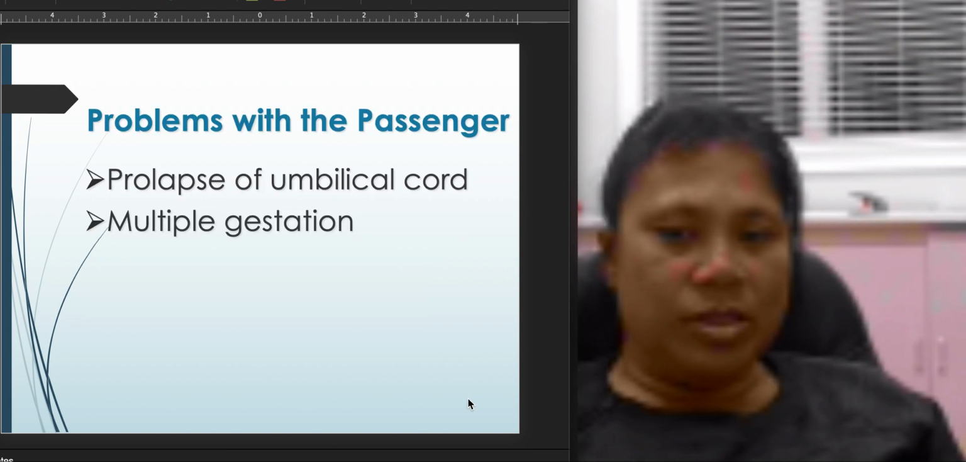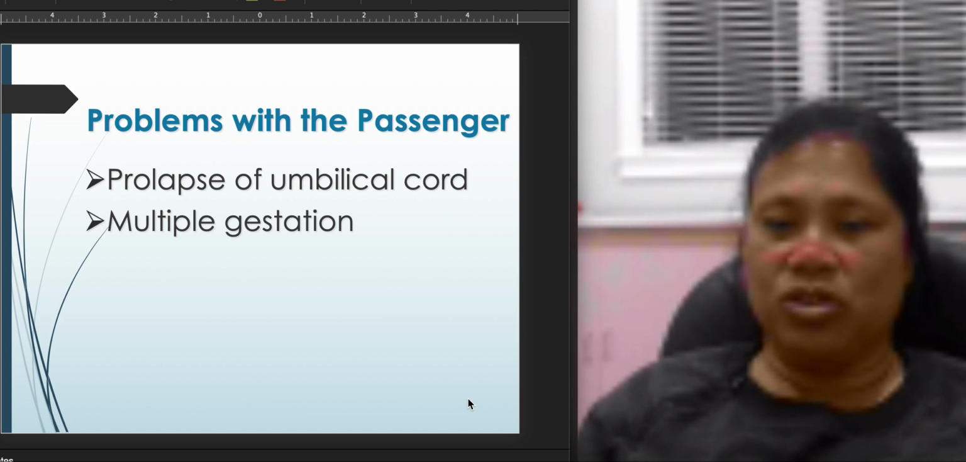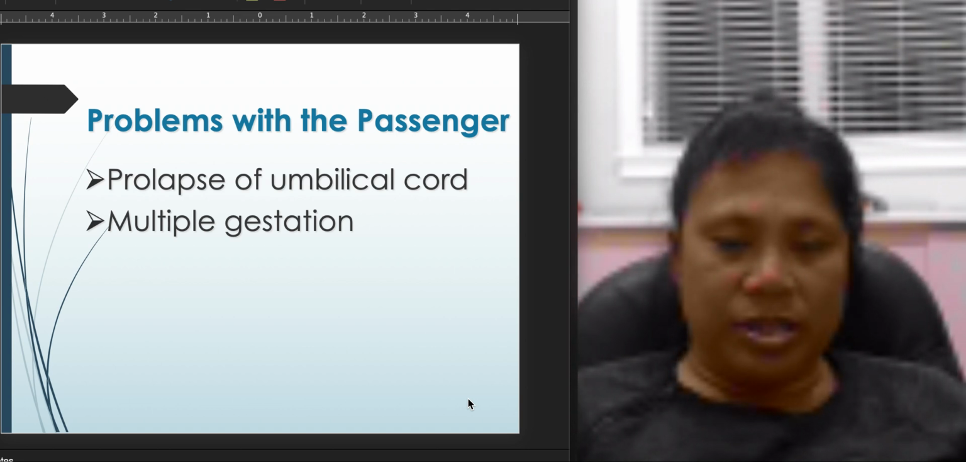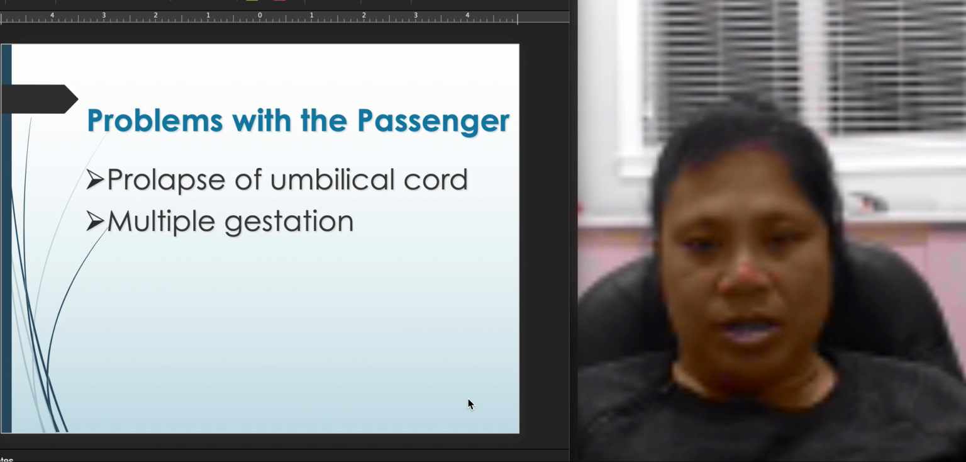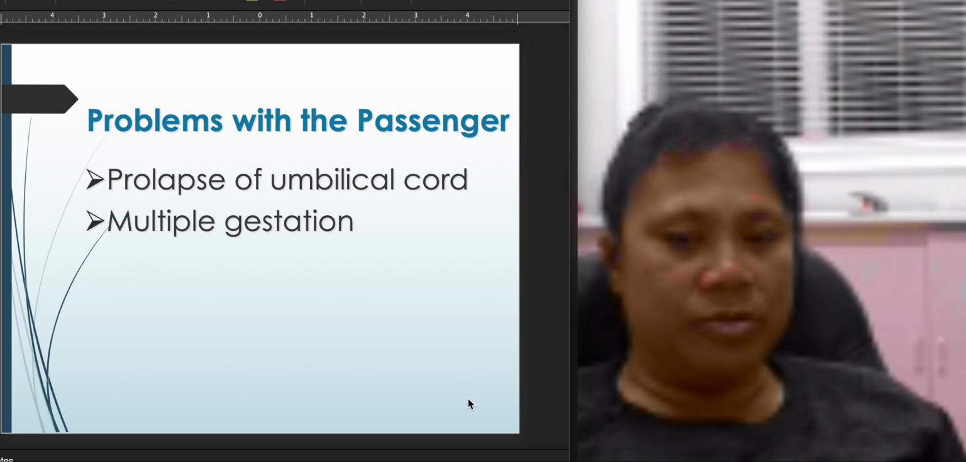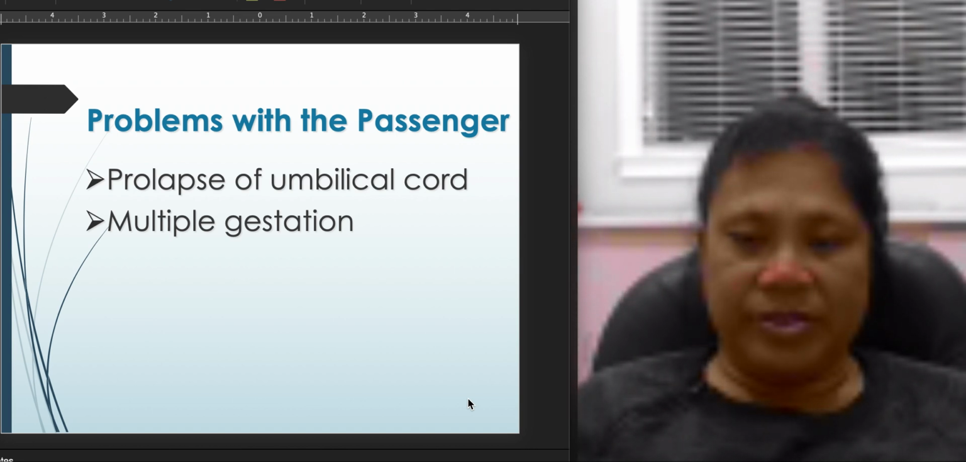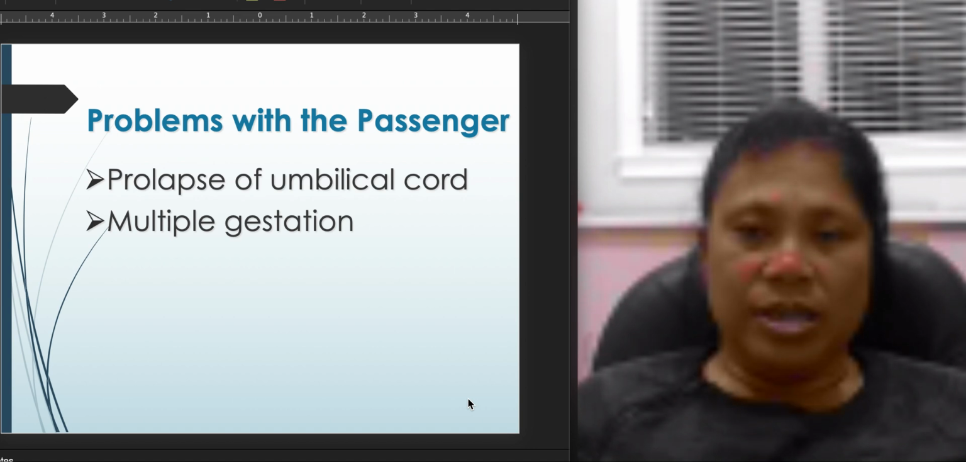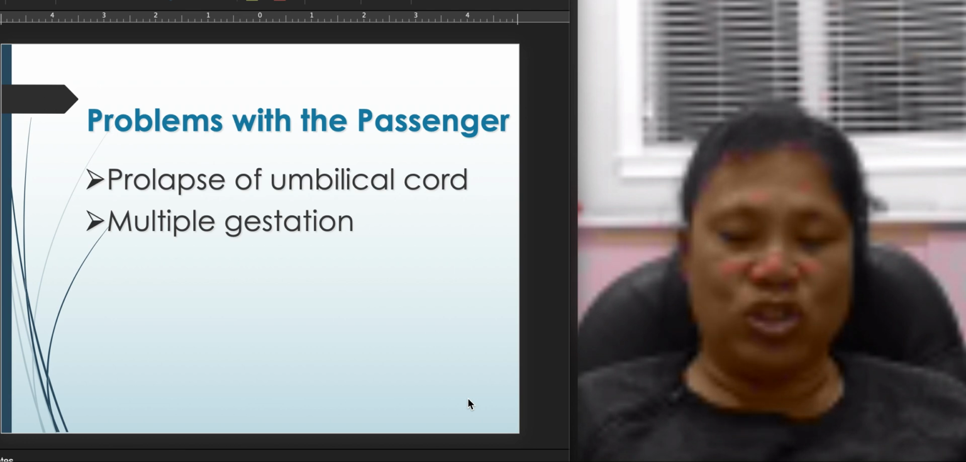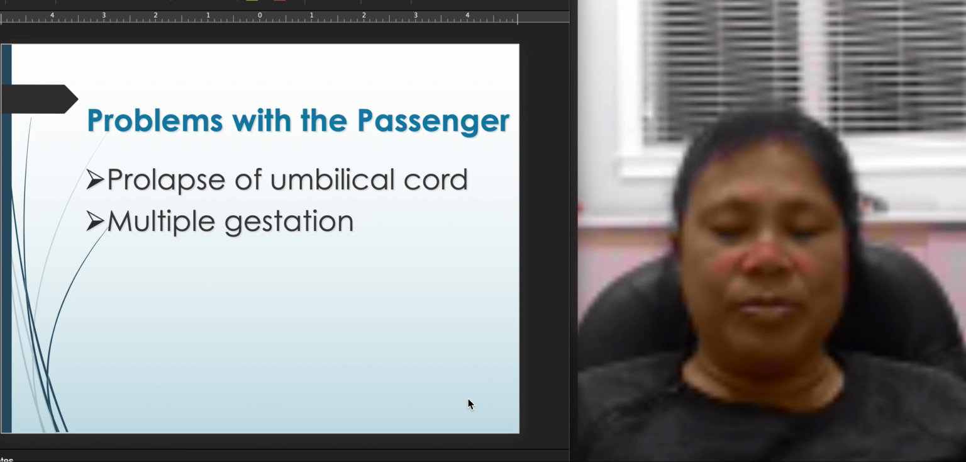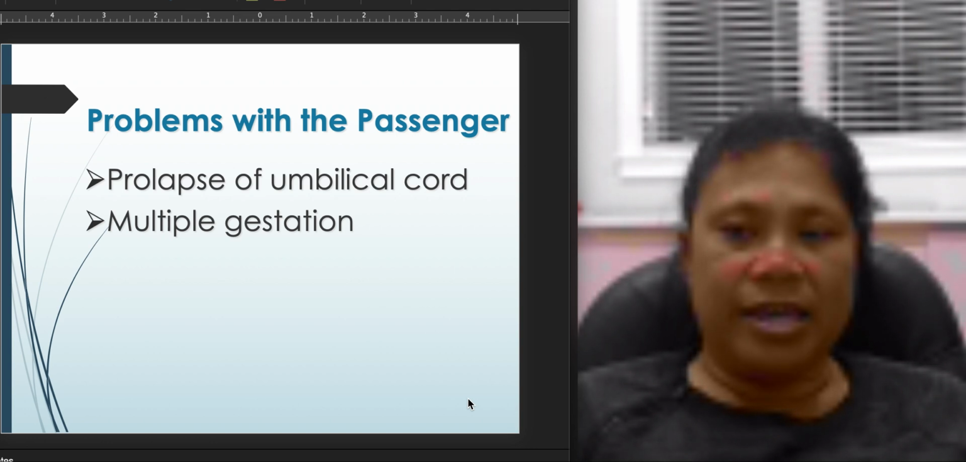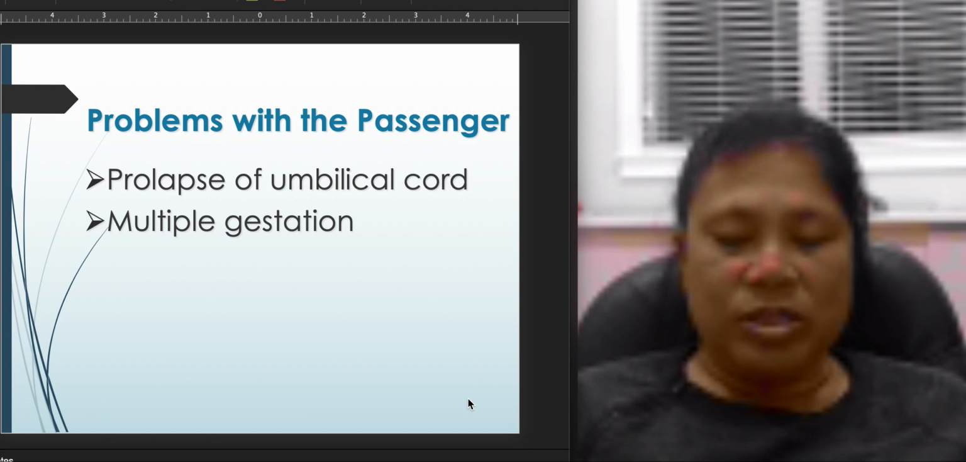Okay, let's talk about the problems of the passenger. Problems of the passenger is really, we're talking about the fetus. So one of the problems could be the prolapse, like I mentioned before, the prolapse of the cord. If that occurs, that's an emergency C-section. If you see the prolapsed cord, as a nurse, your priority is to put your hand inside the vagina. You put your hand inside the vagina, but not just put your hand there. You're pushing the presenting part, which is the head. Usually, you press the head up